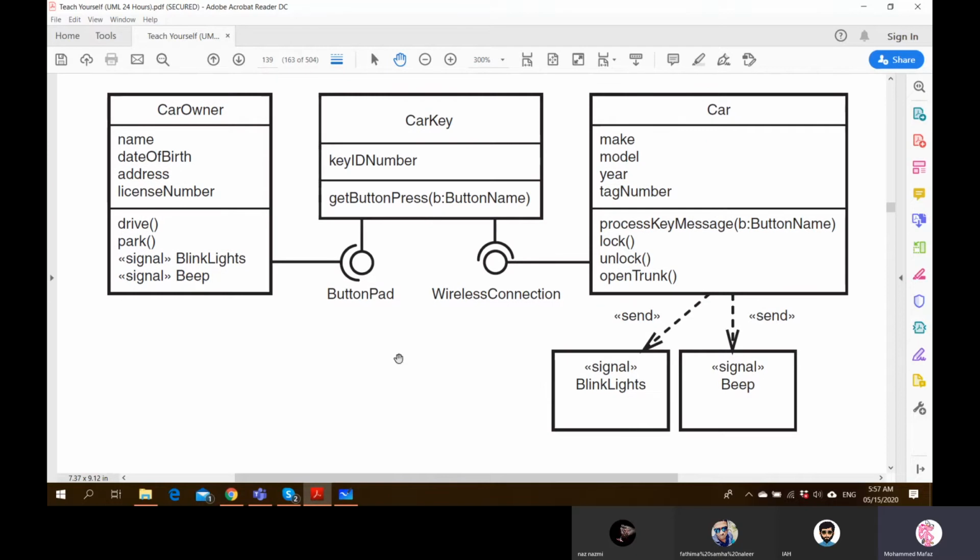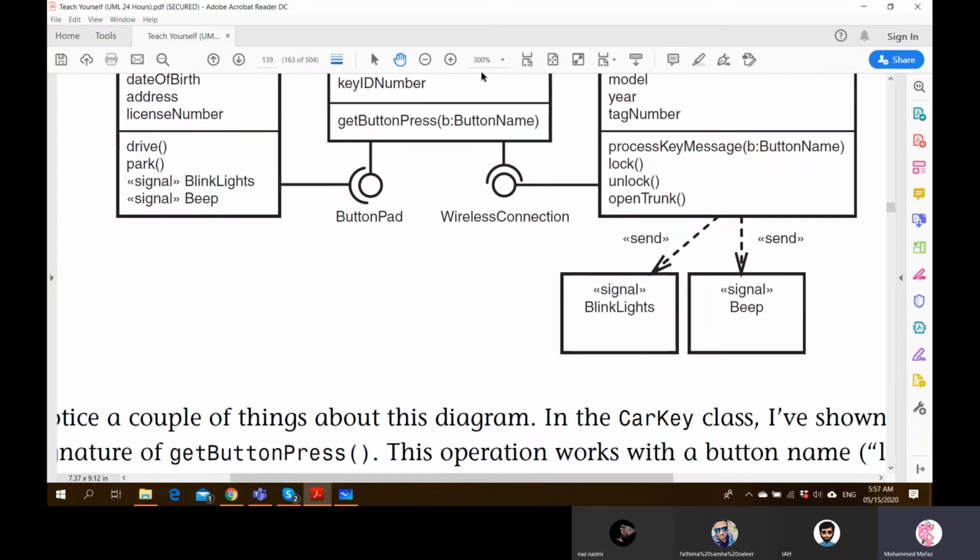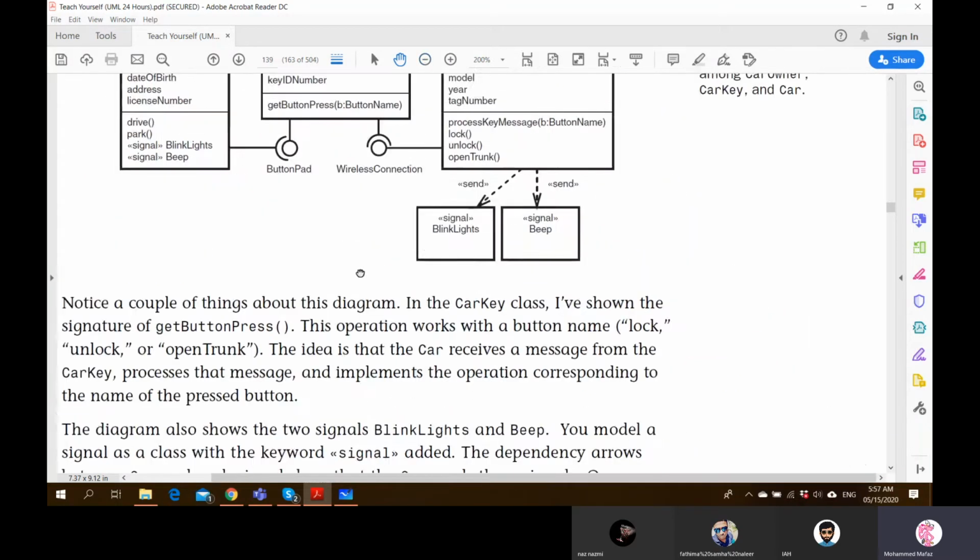So it's very difficult to show the behavior or the sequence behavior of how and when the car owner will receive these signals. So this is why we need a sequence diagram to understand the sequential nature of how and when these objects are interacting. Right? So let's go back to the explanation of this.